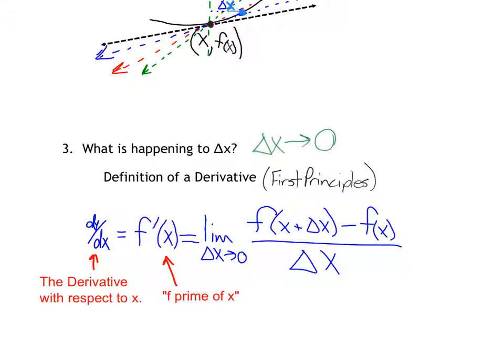The only difference, I can't remember off the top of my head, they might use h instead of delta x. Sometimes they do that just to simplify. You'll see it both ways depending on if you look online or something like that. You'll see it written both ways all the time. Alright, so